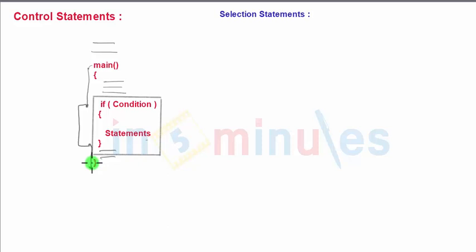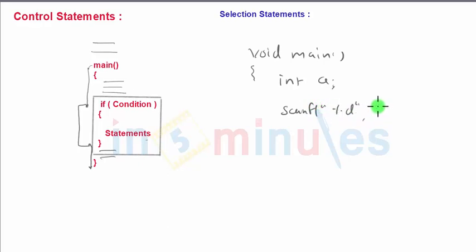Now let's write a typical program with if. I'm not putting a complete syntax. Let's see the main part of it. We'll start with our normal command void main. Then in that I'm defining some variable, let's say integer a. Then we'll input the variable by using scanf. Now I want to tell the computer that if a is greater than 10, then print a hello message. I'll give an instruction to the computer by writing if a is greater than 10, then